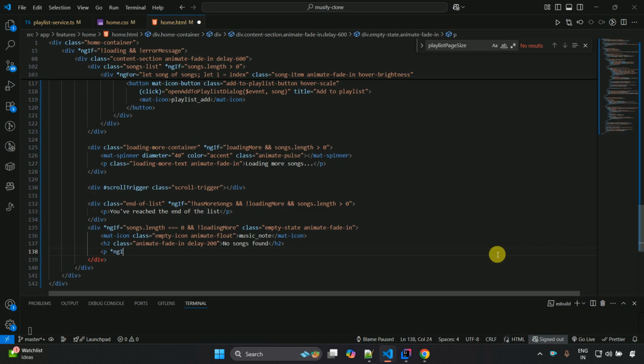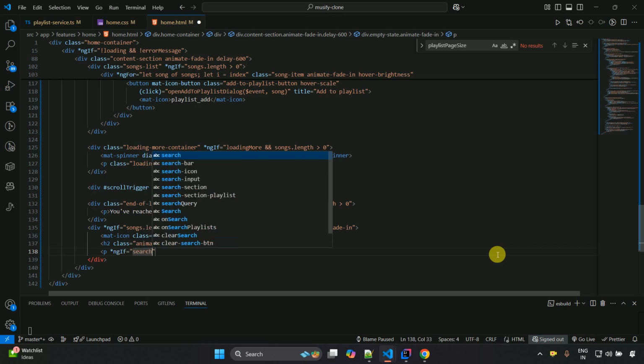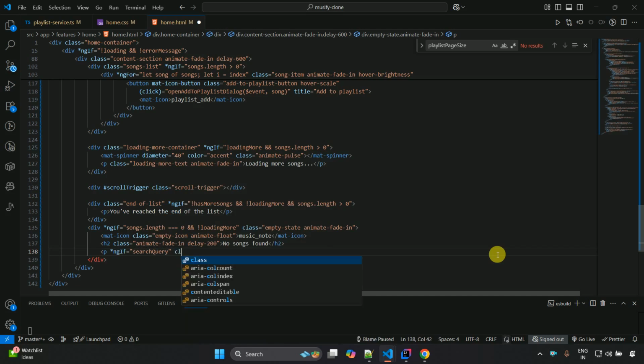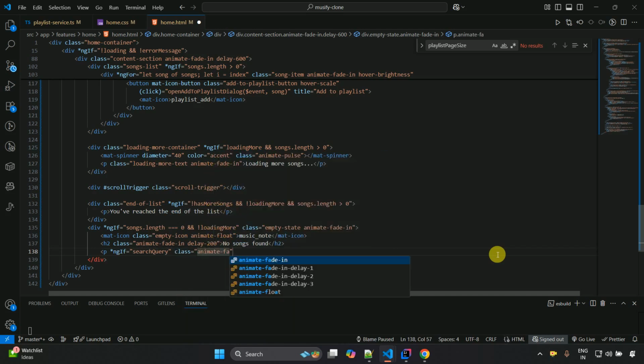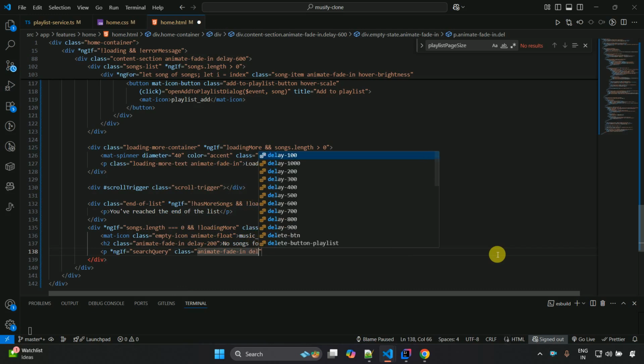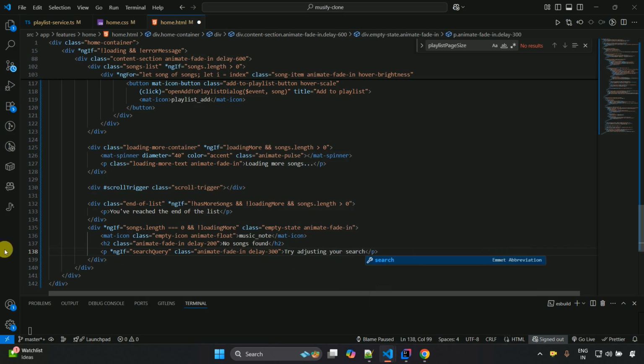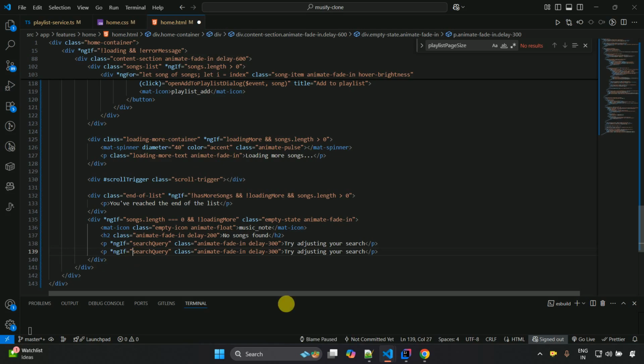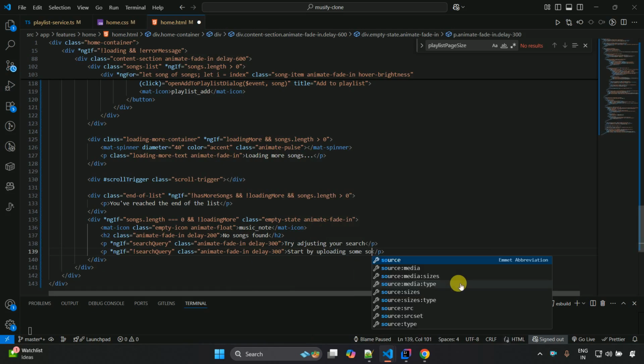So *ngIf searchQuery and class animate-fade-in and delay-300, and here we have to just write try adjusting your search. And I'm going to just copy paste this line of the code over here and put the not symbol, and here I'm just going to change the text to start by uploading some songs,